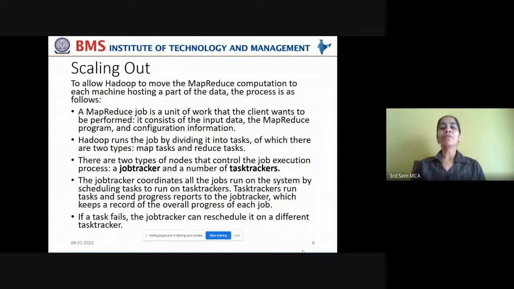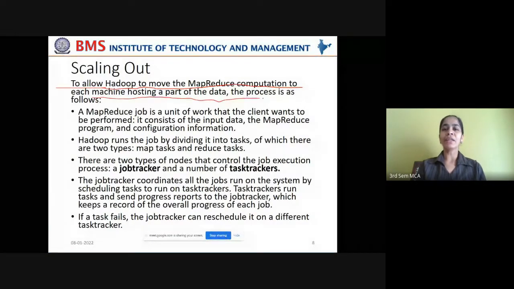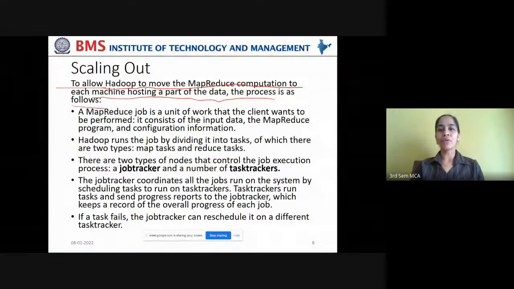Okay, so we are trying to now scale out our task into a larger scale to get it executed on HDFS cluster. So to allow Hadoop to move the MapReduce computation to each machine hosting a part of the data, the process is as follows. We understood that MapReduce framework provides data locality optimization.